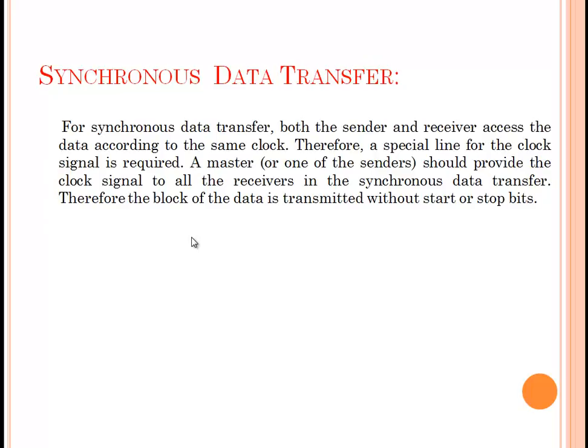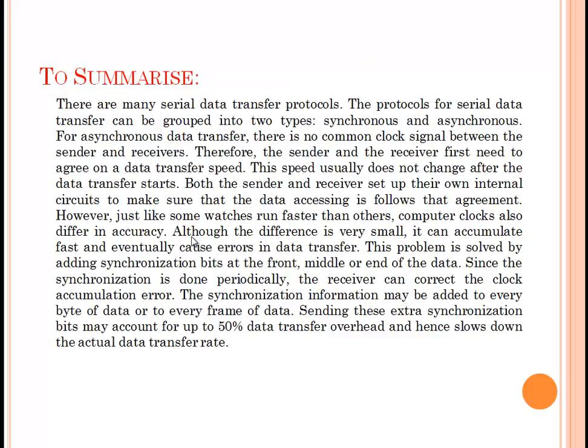What's the main difference between asynchronous and synchronous data transmission? In an asynchronous transmission, we have one character at a time, but in a synchronous data transmission, we have one block at a time. To summarize, there are many serial data transfer protocols. A protocol is a set of rules governing the transmission of data. The protocols for serial data transmission can be grouped into 2 types, asynchronous and synchronous. For asynchronous data transfer, there is no common clock signal, whereas for synchronous there should be a common clock signal,